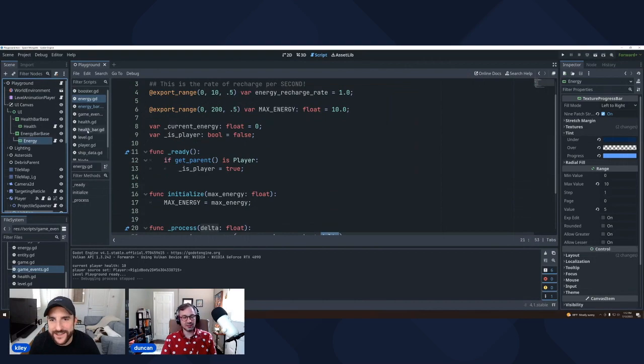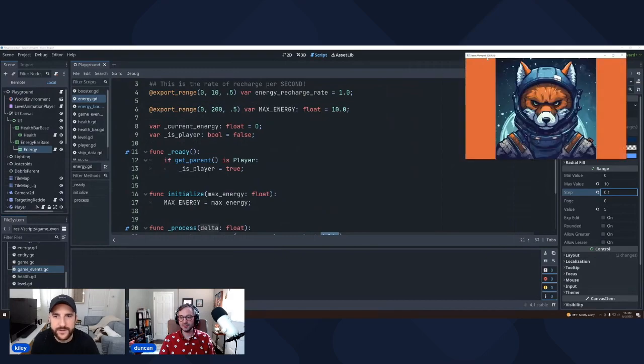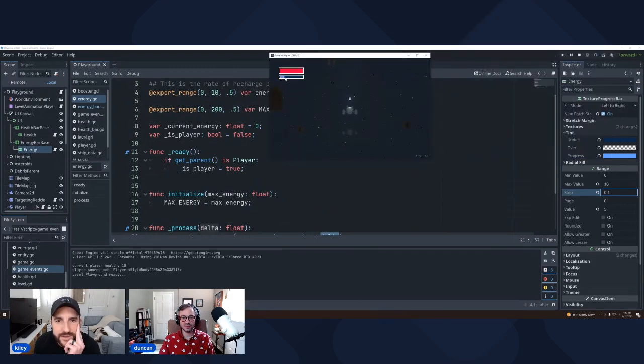But the reason it's ticking is another thing I'll show you. Again, you know, we copy and paste here in the development world. So I copied and pasted from health. And the step on my health bar, since I was using an integer, was 1, because it could only ever change by 1. But if we change this to like 0.1, you'll see that it's actually going to go much smoother, right? Oh, yes. That's awesome. So there you go.